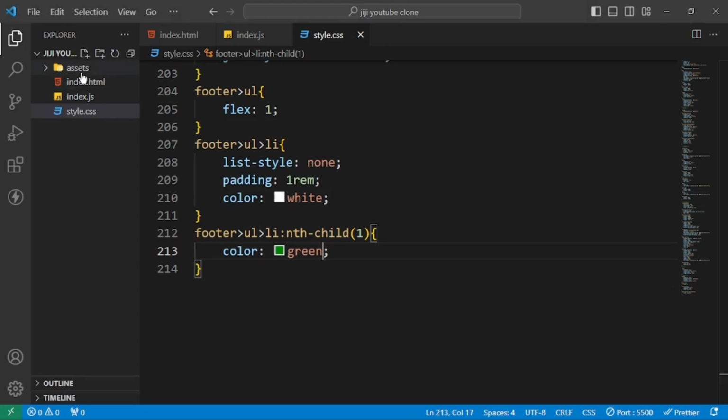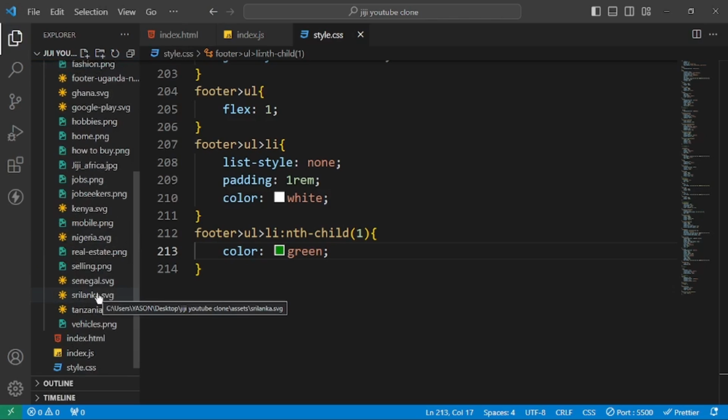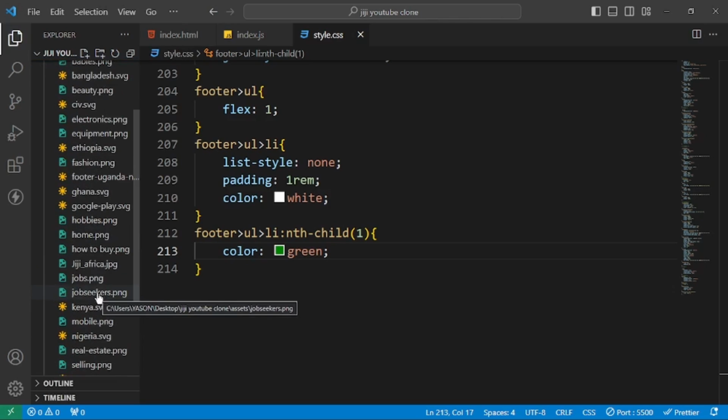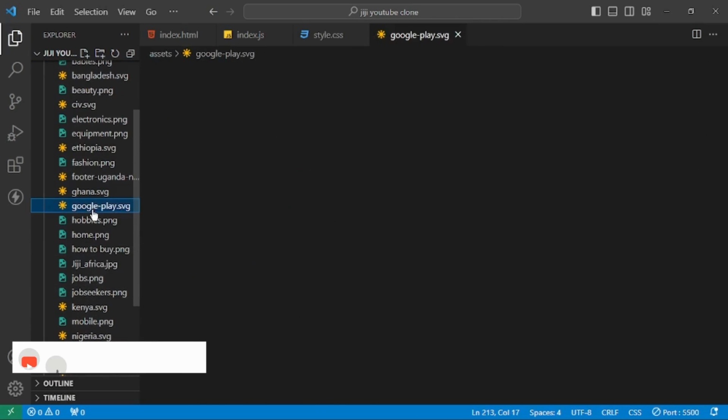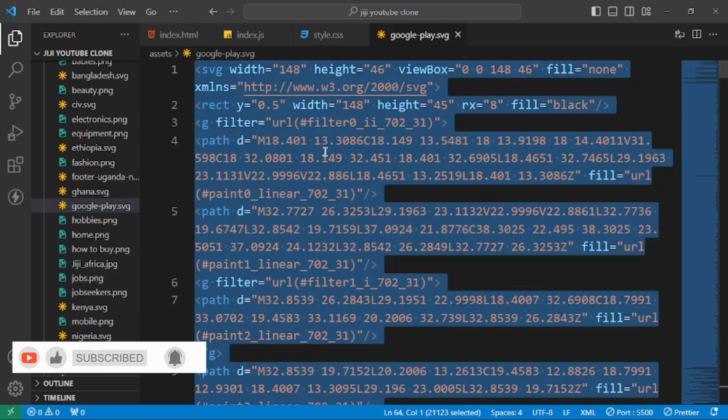I'm going to use them. Okay, so the first SVG I have, it is for the Apple. It is the same one that they displayed also in their website. So let me use the one of Google first. Let me just copy this. This is the SVG file of Google